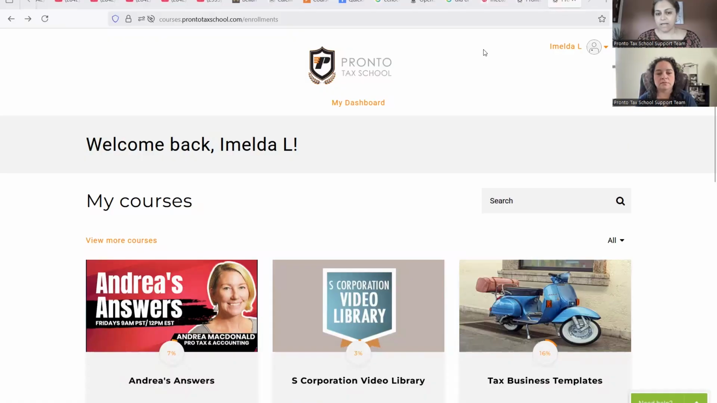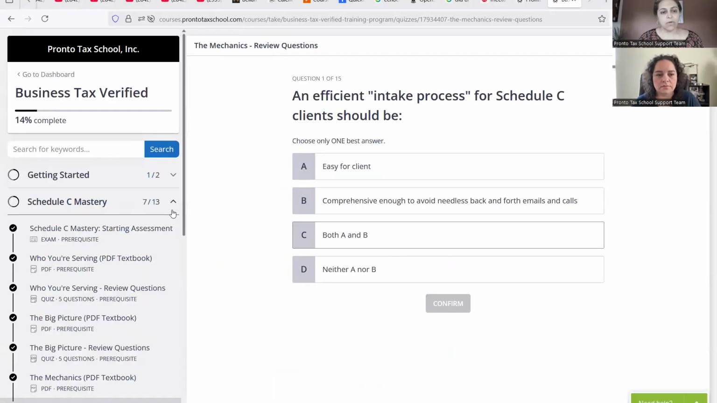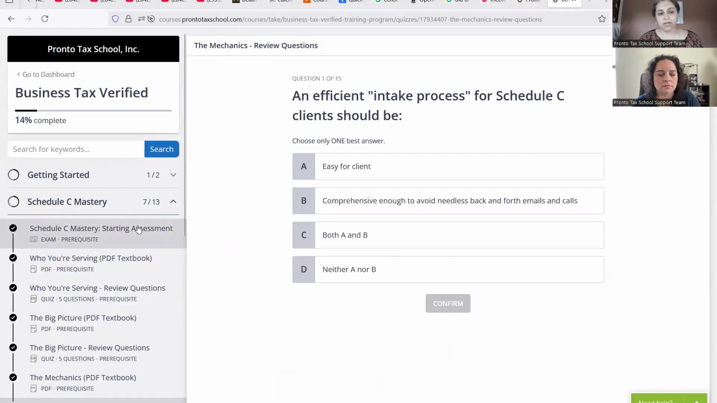So this is our dashboard, and this is what it would look like when you log in. And I'm going to go to the actual course to show you what the flow of the course is. The course teaches you Schedule C, S Corp, C Corp, and LLCs. The flow starts with an assessment, review questions on who you're serving, the bigger picture,